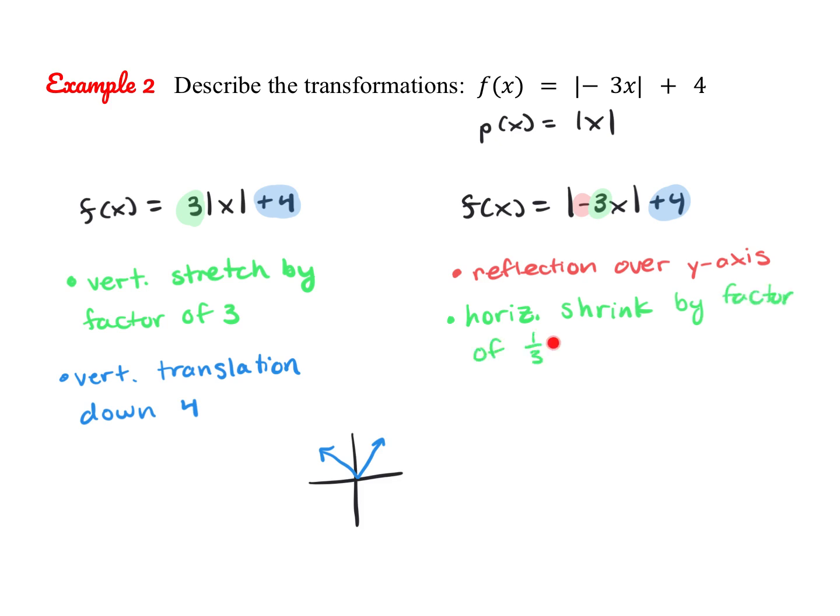So if the shrink factor is less than 1, that's why it's a shrink. If the factor is greater than 1, we would call it a horizontal stretch. So always look at what the reciprocal is before you decide if it's a stretch or shrink. Now this plus 4 is going to be the same. It's still going to be a vertical translation